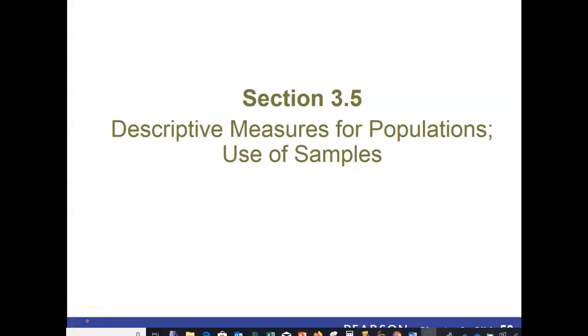Okay, so we're going to start assignment number 5 today, which is descriptive measures for populations and standardizing those descriptive measures. So let's go ahead and get started with this. But first, we're going to